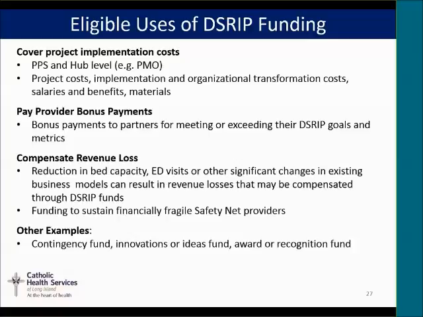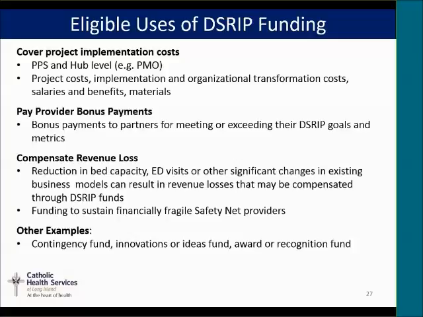I will mention also there is a separate stream of revenue available to the PPSs. It's over $1 billion for capital. It was done in a separate RFP process, and we did apply for a large amount of money that would be for IT needs and also for the co-location project, the co-location of primary care with the emergency department. We will not find out if we receive any of that money, and also it is a match requirement, so they give us 50%, we match about 50%, and we won't find out about that until October. So planning continues. We need to think about contingencies if we don't get that